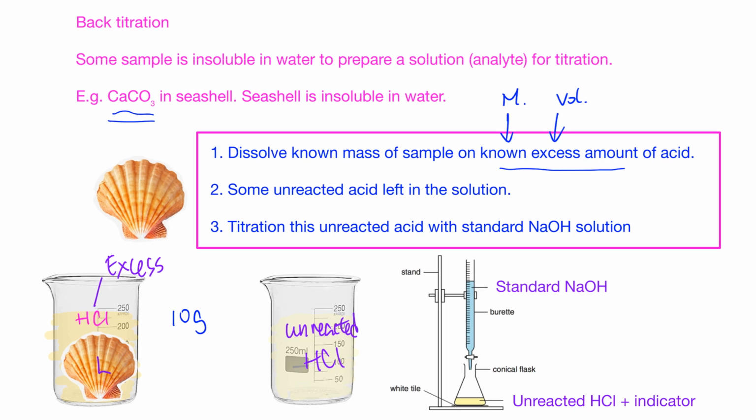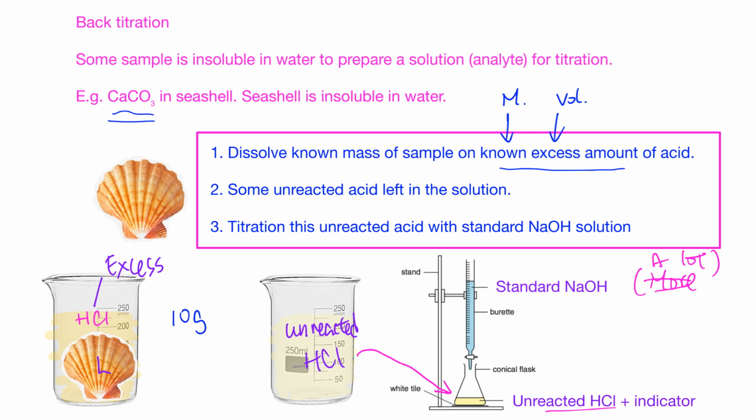Then the next part is the titration. We titrate this unreacted acid. In this case it's an acid, so we use standard NaOH to titrate against it. We put this one as an analyte and then titrate against the NaOH. Basically the concept is, if a lot of NaOH is required to react with the unreacted HCl,